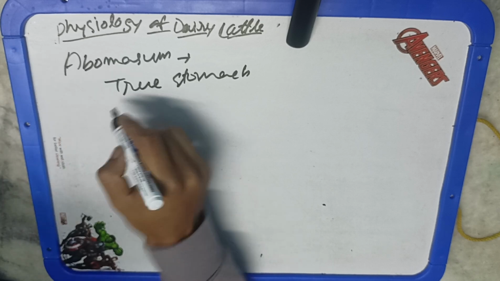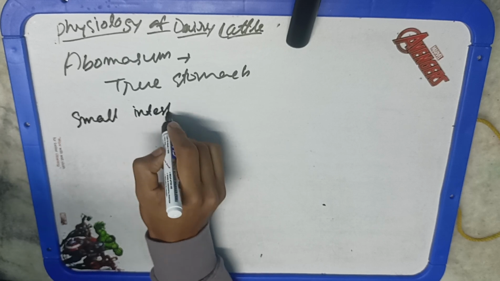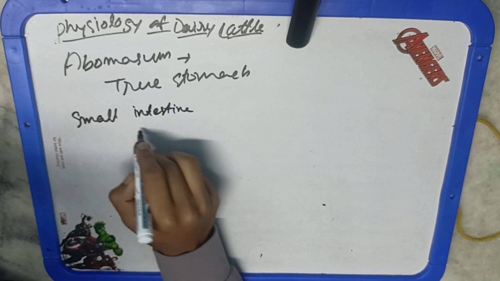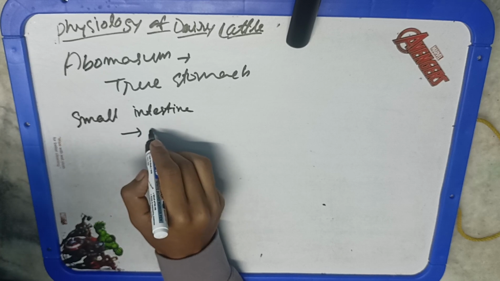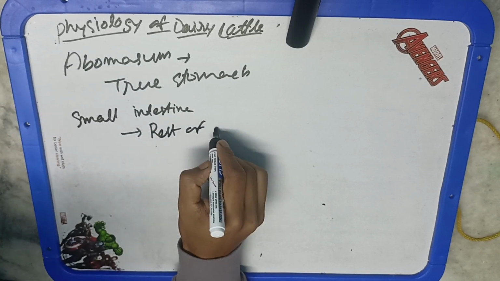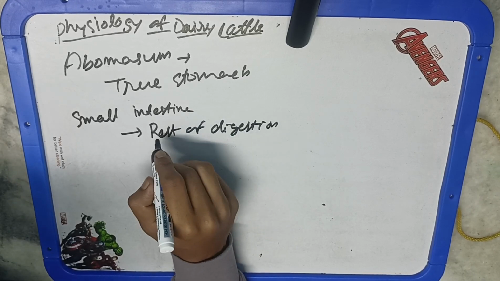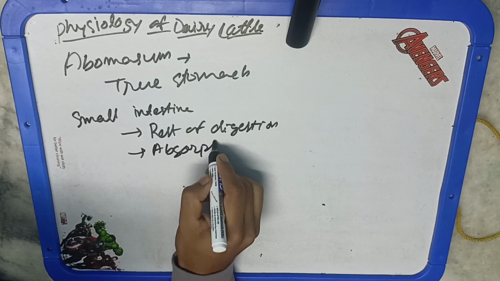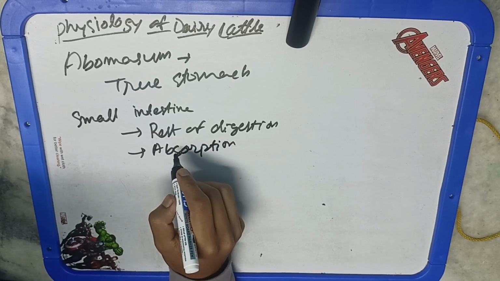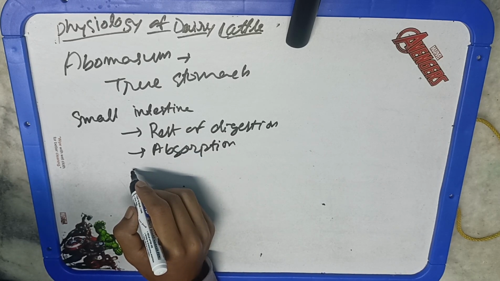Then is the small intestine. The small intestine and the large intestine perform the rest of digestion, similar to humans and other mammals. Leaving the rumen, the contents contain the microbes and digested fiber, protein, sugar, so many things. Okay, and enzymes of the pancreas and the gallbladder aid in digestion in the small intestine, which primarily has the function of absorption, similar to human beings. Then water is mainly absorbed in the large intestine. You need to remember this thing because many times it can be asked. This is similar in human beings also.